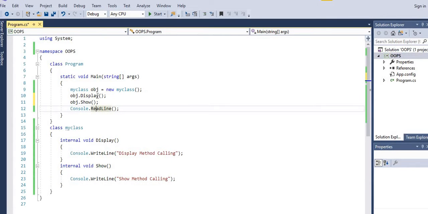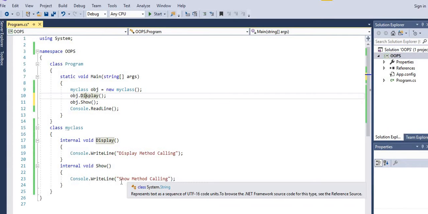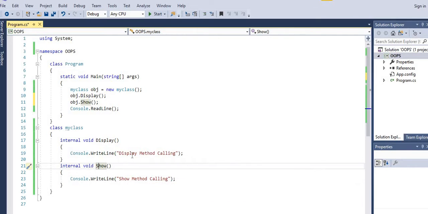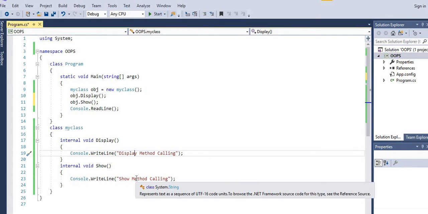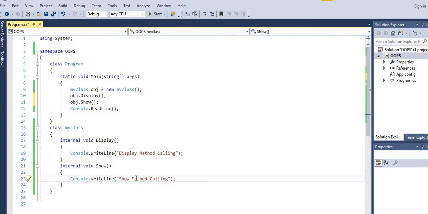So after completing this group of statements, what we are expecting is that the first line is display method calling, because after creating the object we are calling the display method. After that the show method is called, right? So display method is called, and after that show method is called. These two strings are displayed one by one after compiling this program successfully.